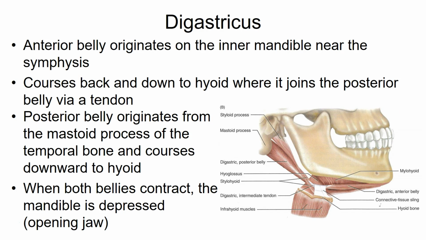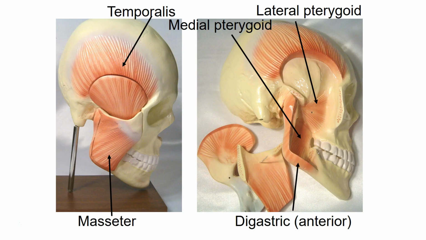When both of these bellies are contracted and the hyoid bone is stabilized by infrahyoid muscles, the digastric muscle will open the jaw. This image of a plastic model of basic jaw muscles gives a fairly clear